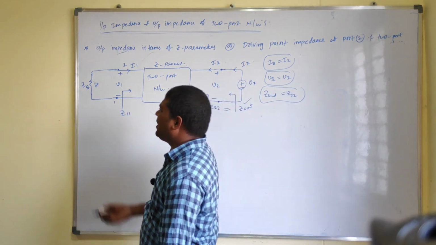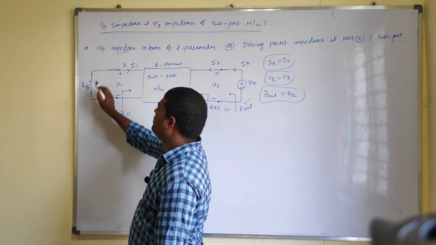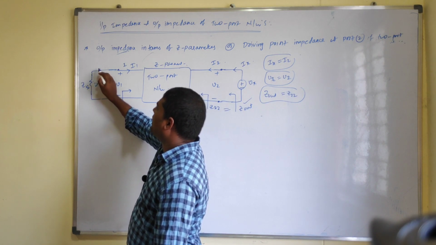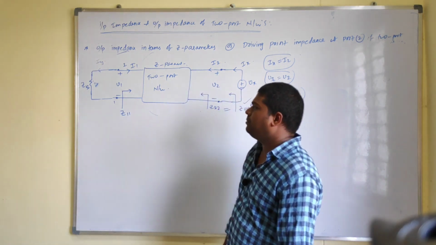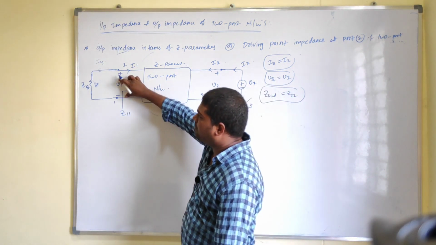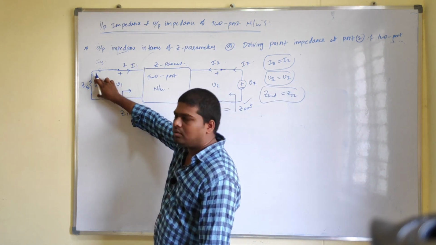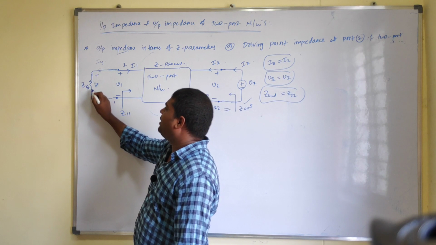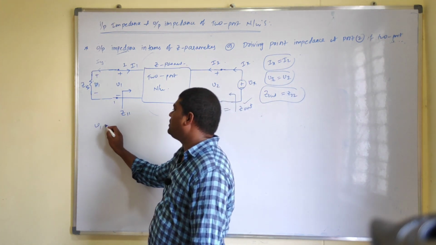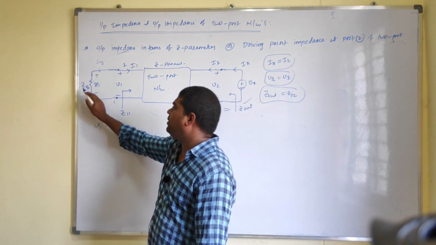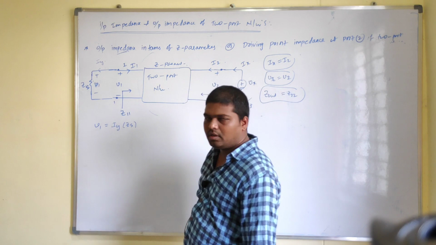Now from this portion, what you observe is Zs. Assume some current I1. If this is the Zs value, some current we have, that is Iy. Now you can observe this is the V1 voltage drop, and the same voltage drop appears across this element also. So the voltage drop at this element equals V1. Now V1 equals how much? The current Iy into Zs, right? Iy into Zs. Clear?